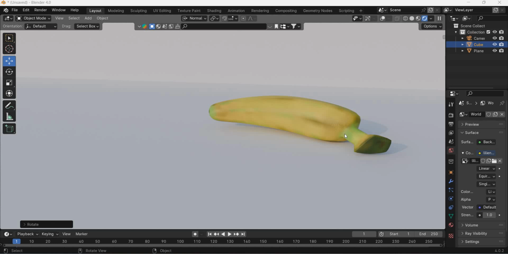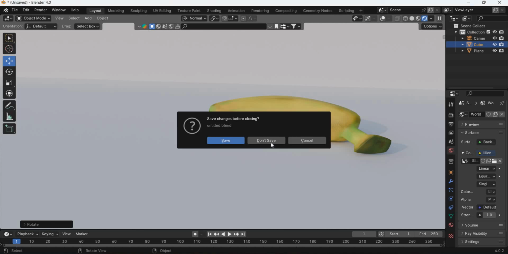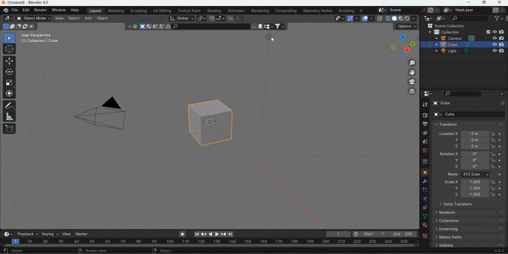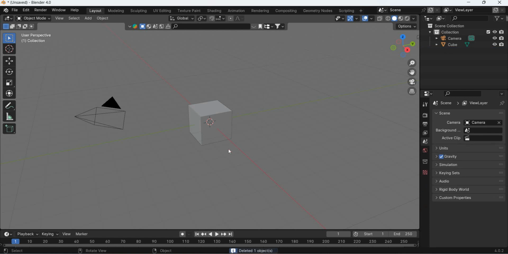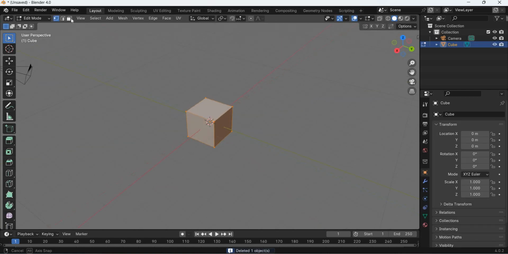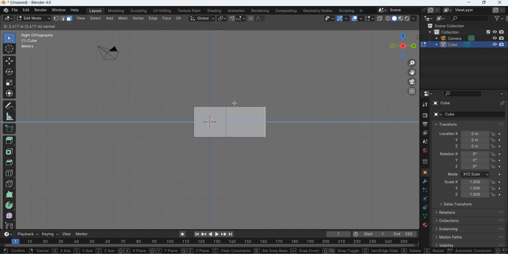We will look at how to model a banana in Blender. Go to File, New, General, and we'll delete this slide and tap to edit. Select this, hit the 3 key, E, extrude,